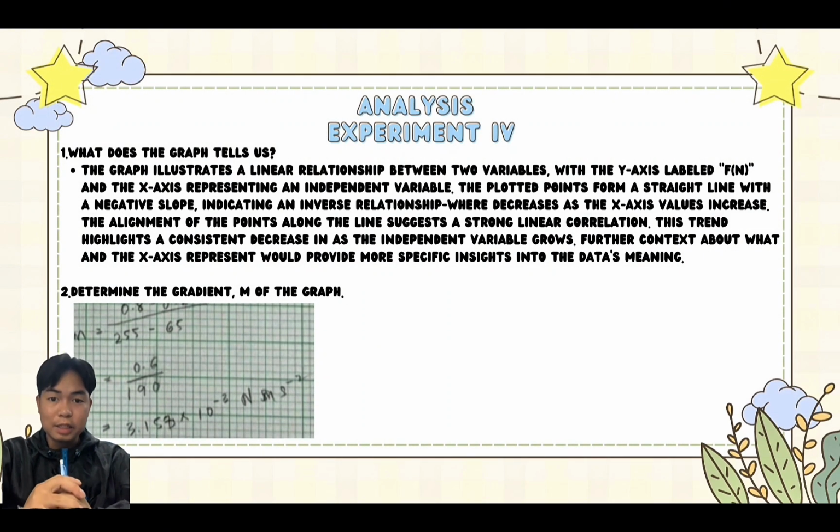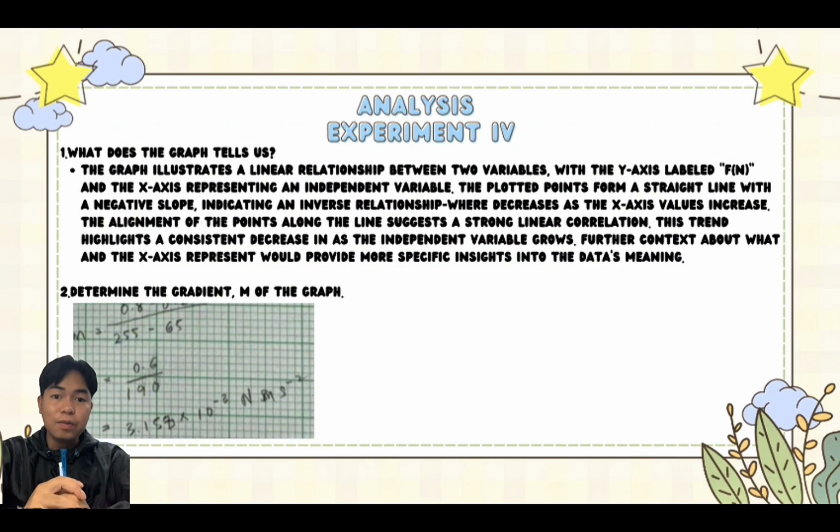So here is the analysis for experiment 4. Number 1, the graph illustrates a linear relationship between two variables, with the y-axis labeled as F and the x-axis representing an independent variable. The plotted points form a straight line with a negative slope, indicating an inverse relationship where the value decreases as the x-axis value increases. Next, number 2, the gradient m of the graph is 3.158 times 10 to the power of negative